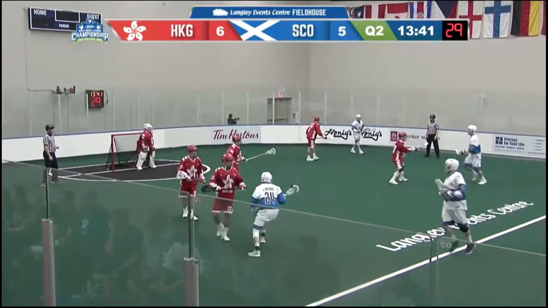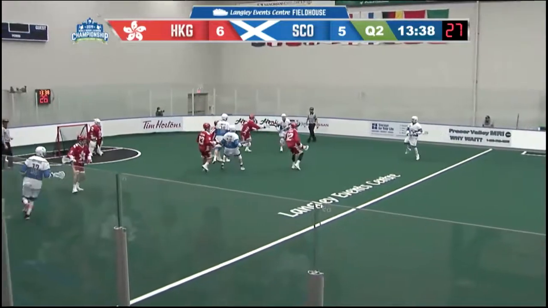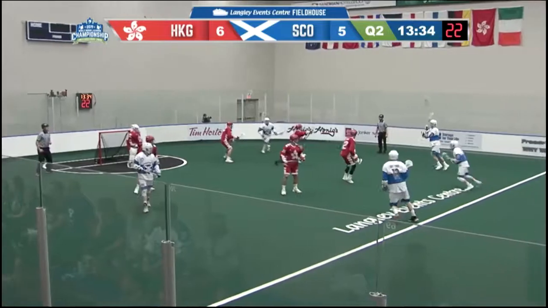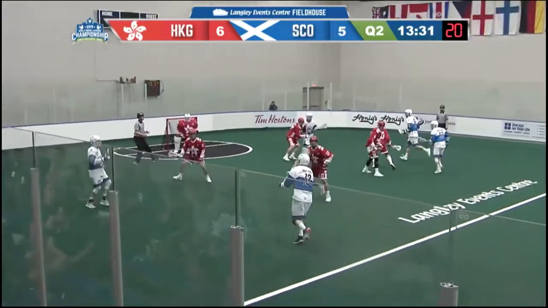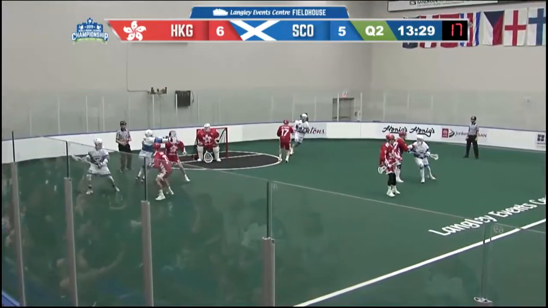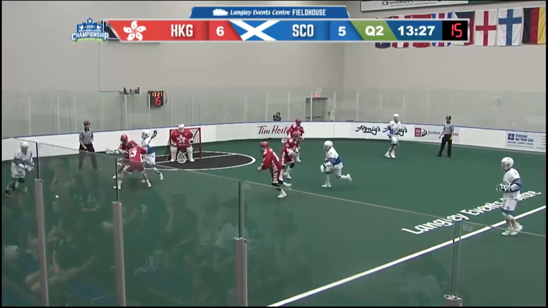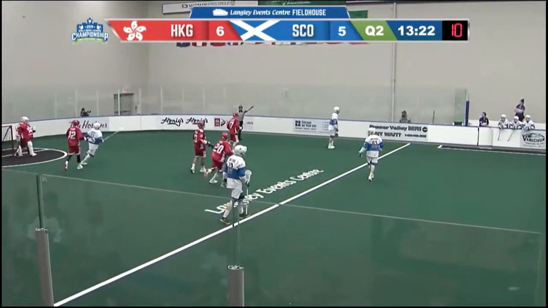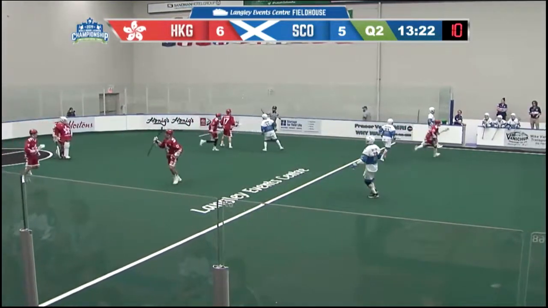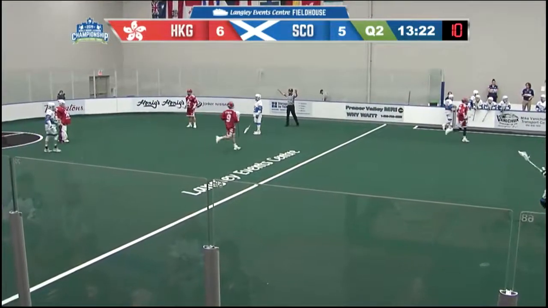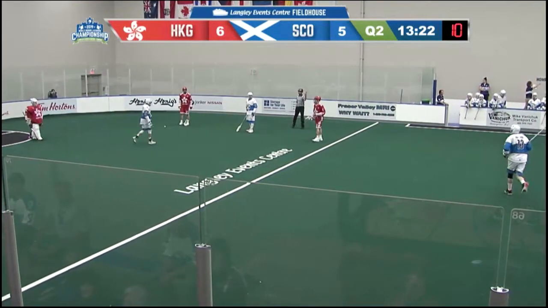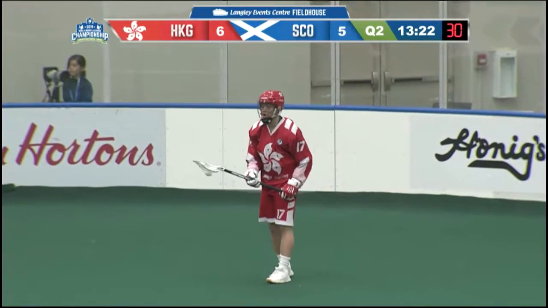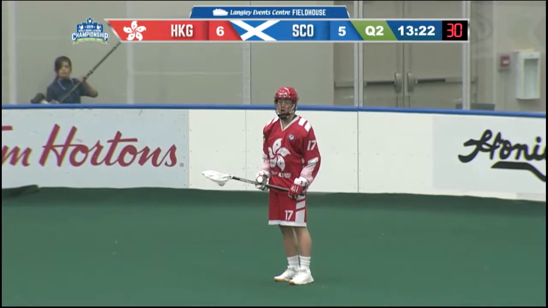Scotland with possession, deep in Hong Kong territory, right corner, sent out to the right point for Trevor Jackson. Jackson moving in around bodies. Playing it back there, Jackson for Moffat, sending it across the floor left side. Mottram trying to move it down, connected with his man Vickers. Loose ball scooped up along the left side and fired across the floor there by Mottram. An errant pass, timekeeper's box. Leaning on the buzzer there as the officials slow it down.